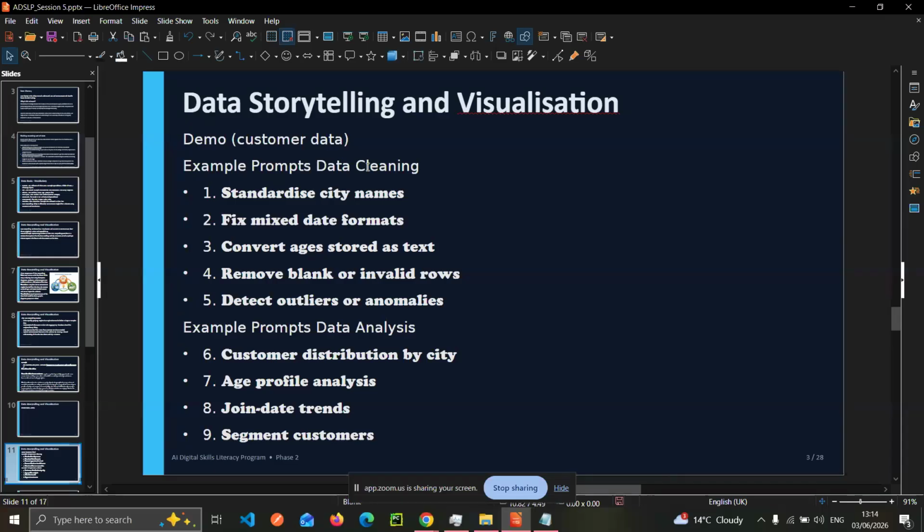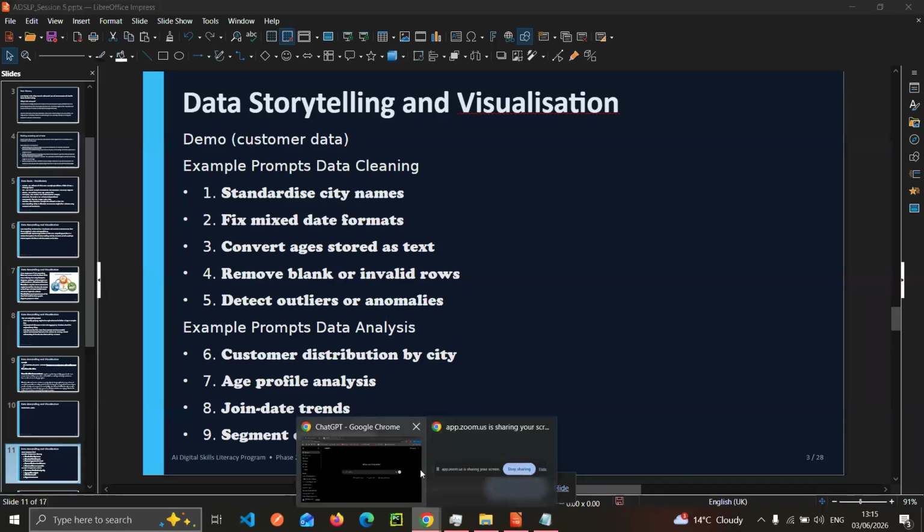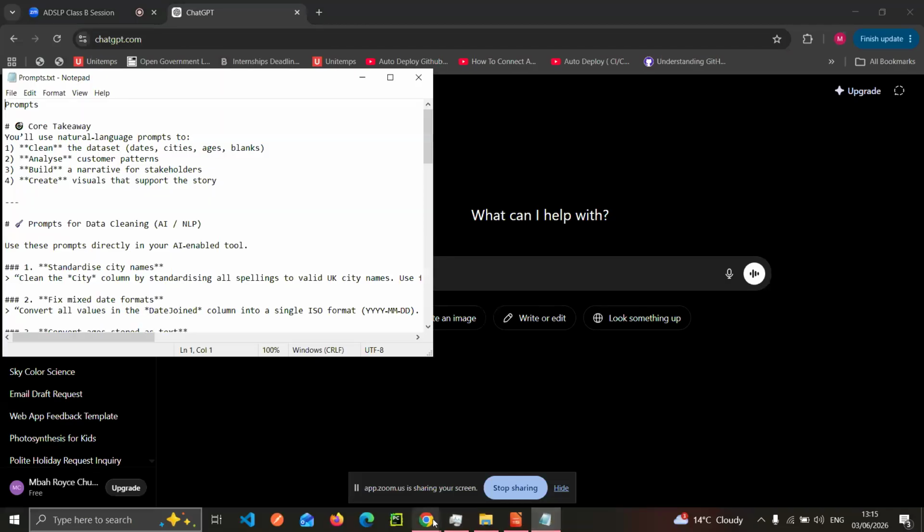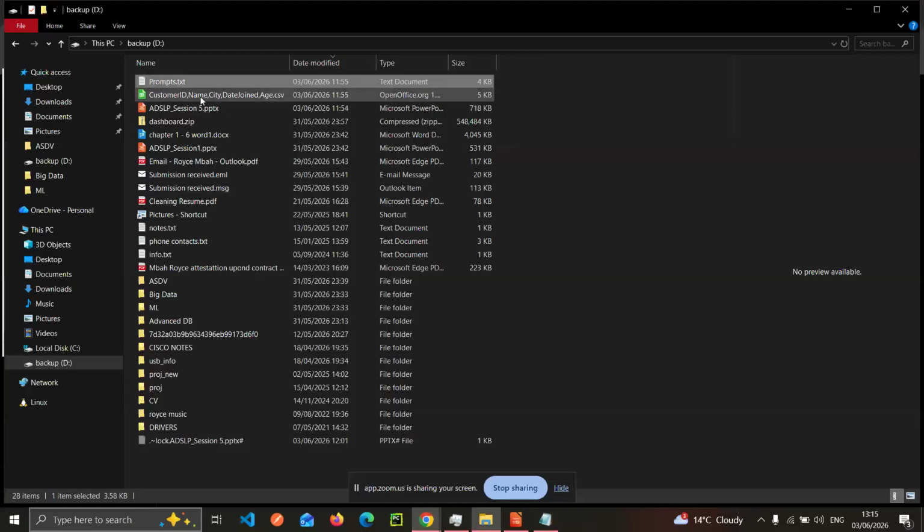When we have data, sometimes it's quite messy in the sense that we may have some values that are not in the right format. We may have some missing values. We might have values that are not correctly placed, and that is why we always have to clean the data. So whatever data we're given to work with, the first thing is we have to ensure that data is cleaned. Cleaning means removing anything that is not proper, that is not correct. Let me just open the data set.